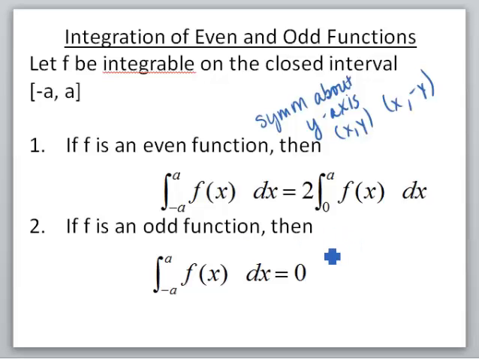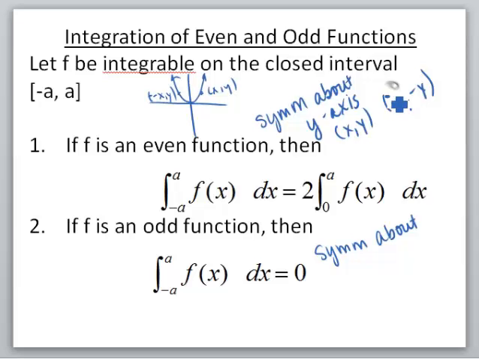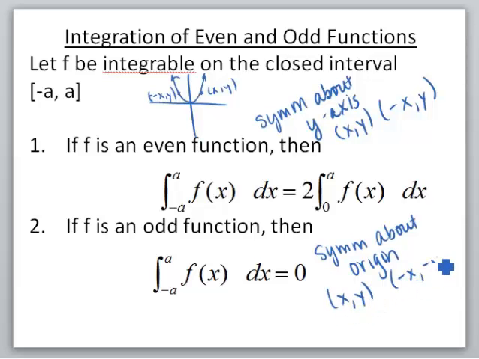If we know it's an odd function, then we know it's symmetric about, and I just did that backwards, the more I was thinking about it, symmetric about the y would have something like this. So we'd have x, y, and it'd be negative x, negative y. Sorry about that. Let's correct that. So I'll just erase the whole thing right here. Negative x, negative y. The other one was symmetric about the y-axis. So this one is symmetric about the origin. What that means is that the coordinates x comma y and the coordinates negative x comma negative y are both